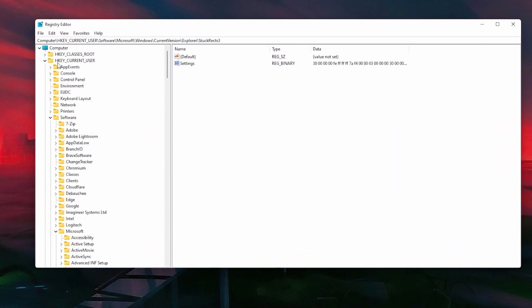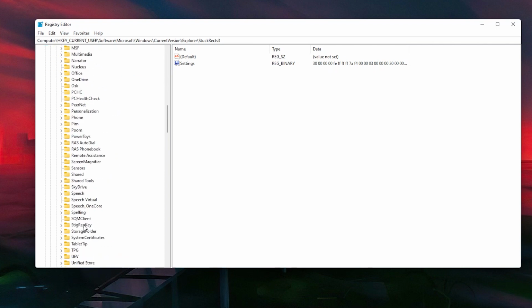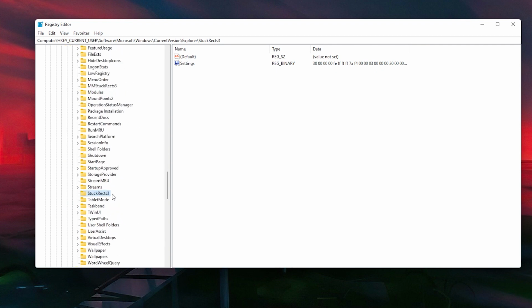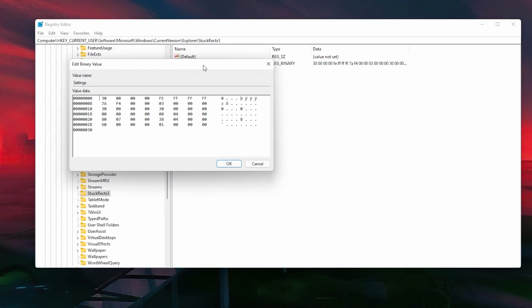And you have to basically navigate to HKEY_CURRENT_USER, Software, Microsoft, and then go to Windows, CurrentVersion, Explorer, and then you have to open up this folder, StuckRects3. So the path will be in the description, so don't worry about it, don't pause the video, everything will be in the description. And in there you have to open up this settings